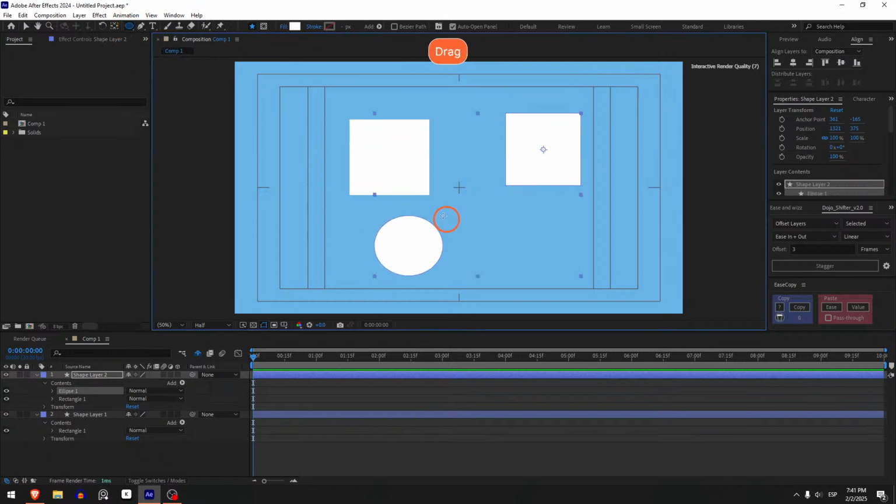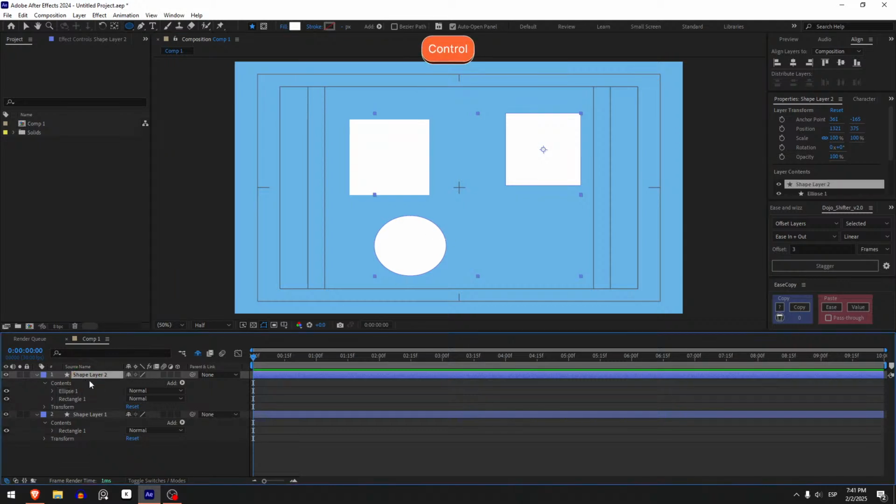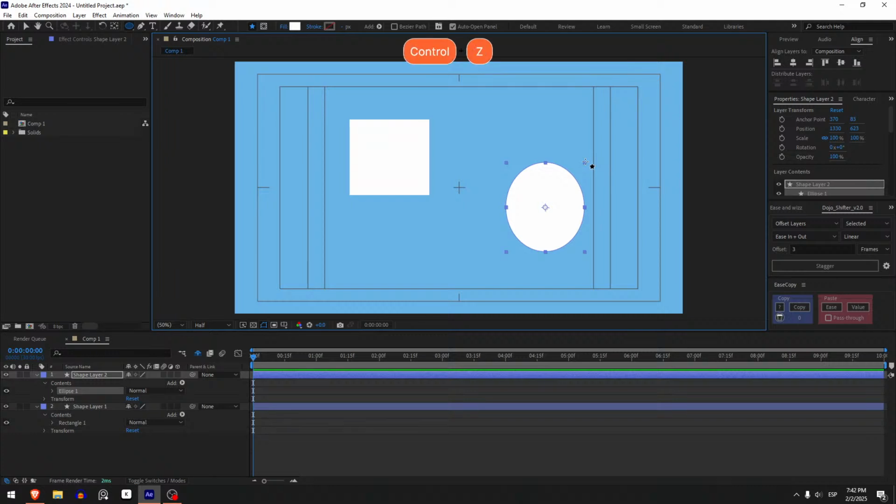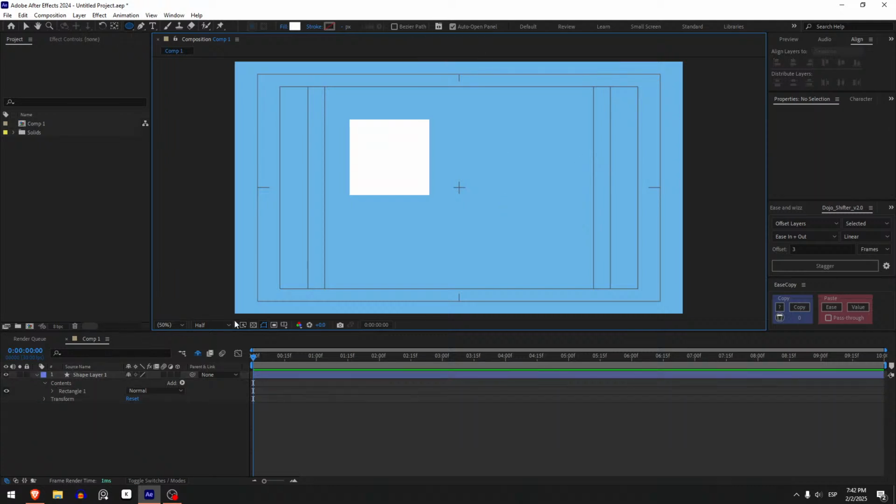It will be any layer. Oh, here it could be any layer. So